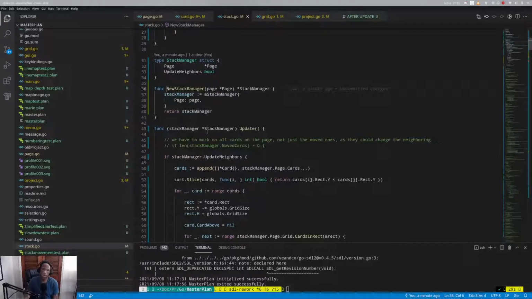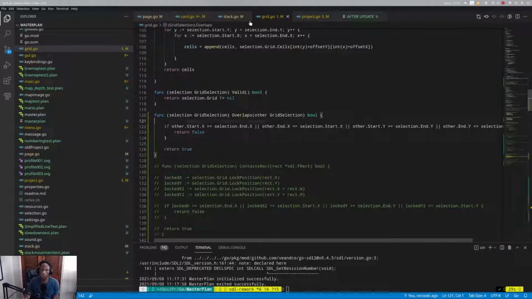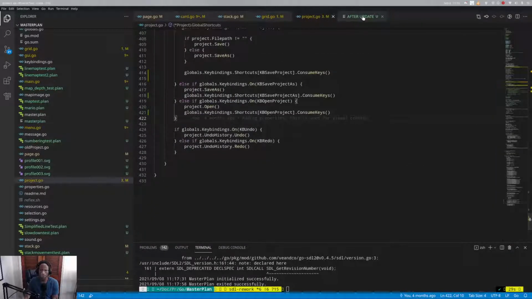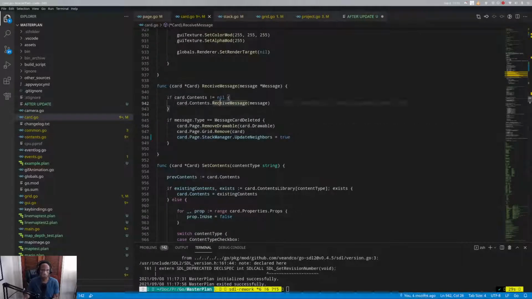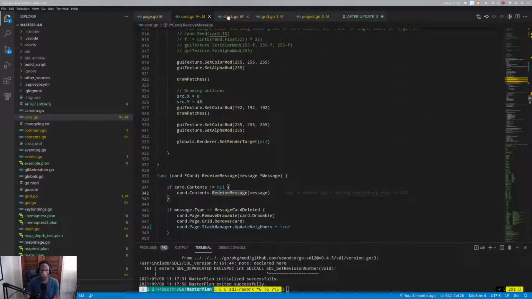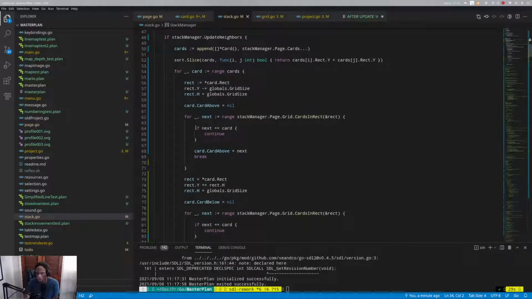And actually, that's pretty true. Yeah, we really could just stick this in page or something. All right, so this is good. So we're looping through all cards. We can't do this anymore. We sort vertically. We find the top cards. These are the heads of the stack. Loop through all children and add them to the stack. Okay. So when we go back to Stack Manager, what we want to do,